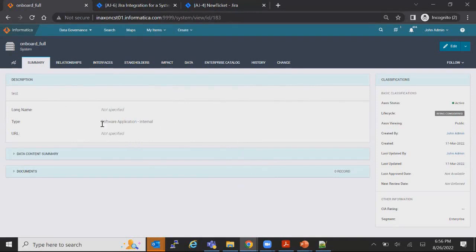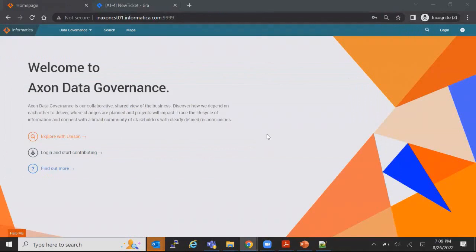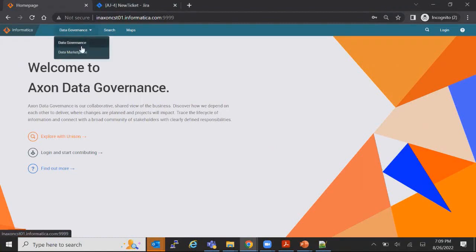This is all at the governance level. When we added a facet, the change request system, Jira, is integrated with Axon, and this is how the flow looks at the governance level. Now I showcased Jira integration for the governance level, and we can have that at the marketplace level also. So let me log in